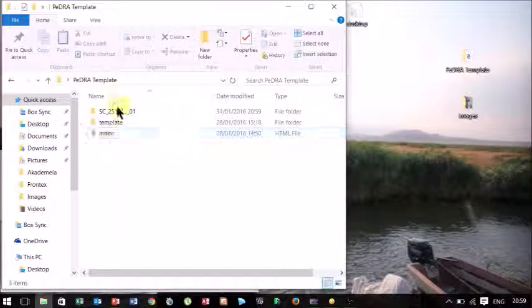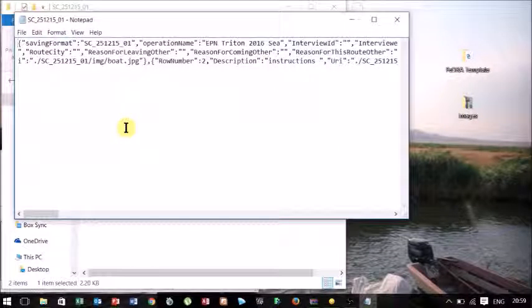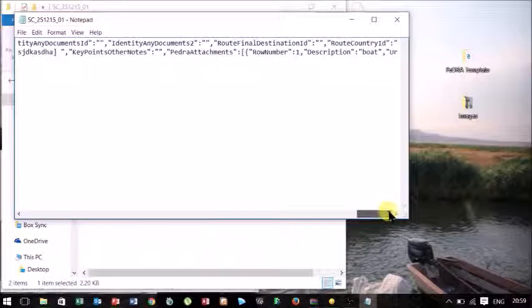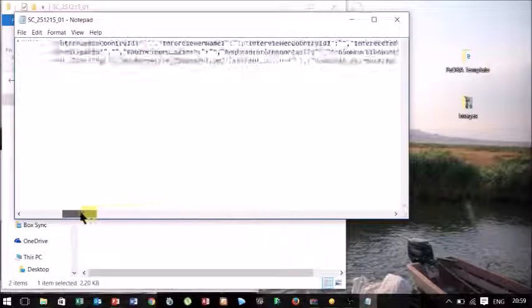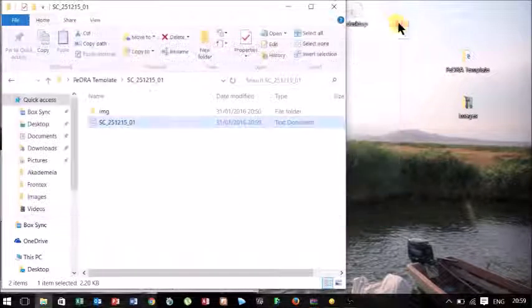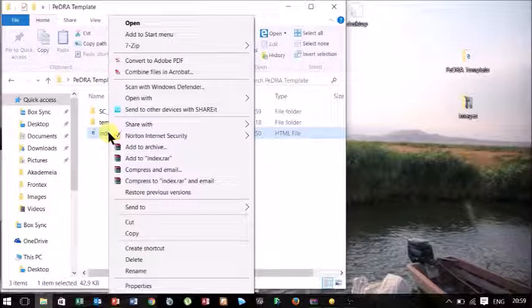Let's imagine that you probably have many of these. It's been a couple of days and you've got many of these folders, and you want to have a look and read some of your previous ones. What some people might do is double click on one of the naming convention folders and then double click on the text file. All you're going to get is text. This is what we use actually to create the database, but it's not very useful for looking at what you've done. So the way to do this is to go back into your master folder and open the index file,